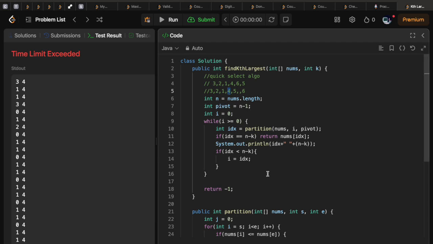Okay, it is similar. In that case I am making my, okay, I need to change my pivot, not my